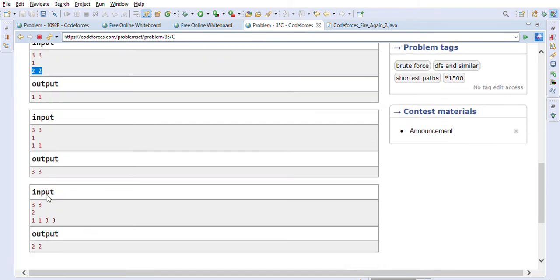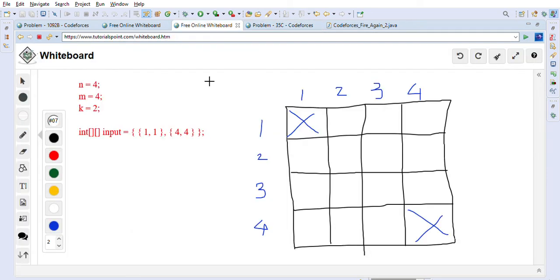They have given us a couple of examples. I also created one similar example here to discuss more about this problem. So let's take this example where N and M are 4 by 4. So a 4 by 4 matrix is given to us, as you can see here, and K is equal to 2. K equal to 2 means there are two trees which are denoted here. These are the two trees.